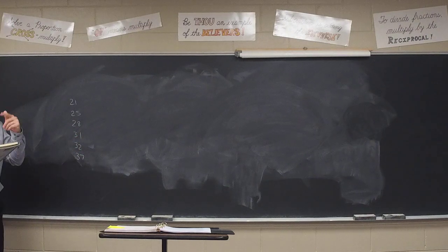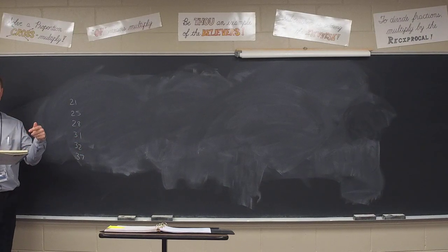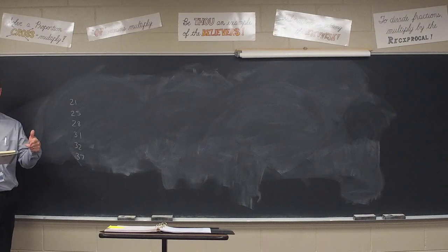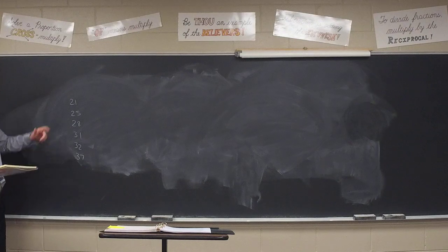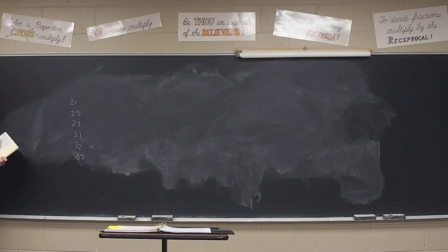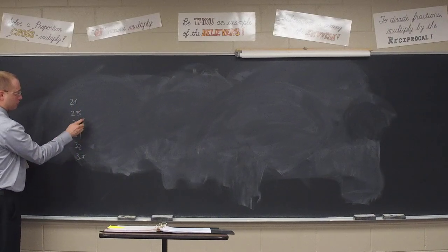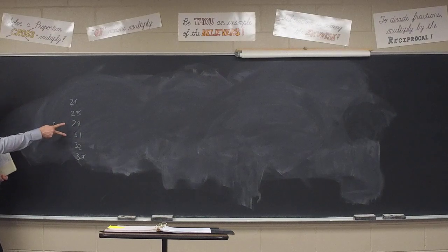Now, you notice I didn't cross them off as I did that. What's another way I could check if I don't want to cross them off? How many numbers are there? 6. How many numbers did I write down? 6. Make sure the numbers match up at least. Okay, that's another way if you don't want to cross them off. I think it's easier, especially if you're writing it right there in your book, which there wasn't a lot of room to be fair, but if you were to write them in your book, cross them off as you go. Well, if I salt, pepper, wait a second, I can't salt, pepper, class, I'd knock them off.